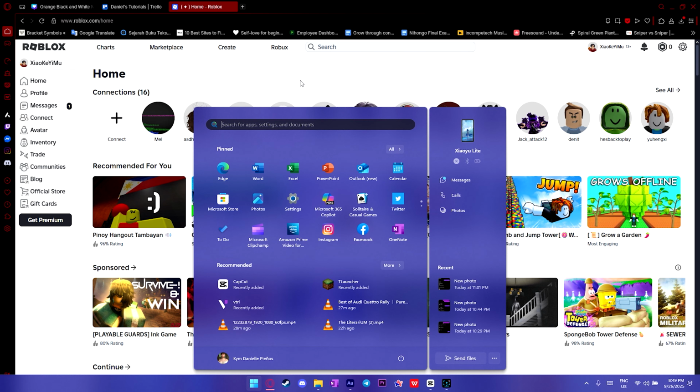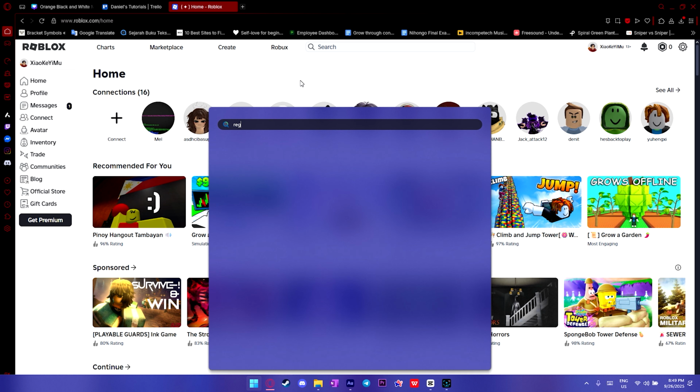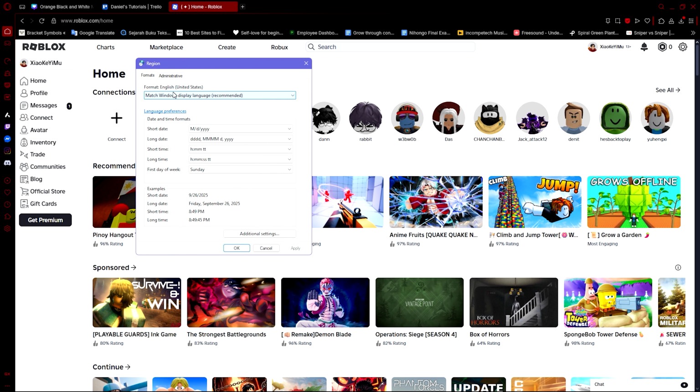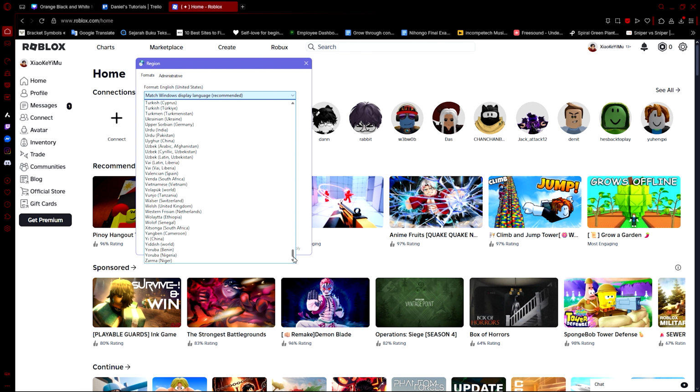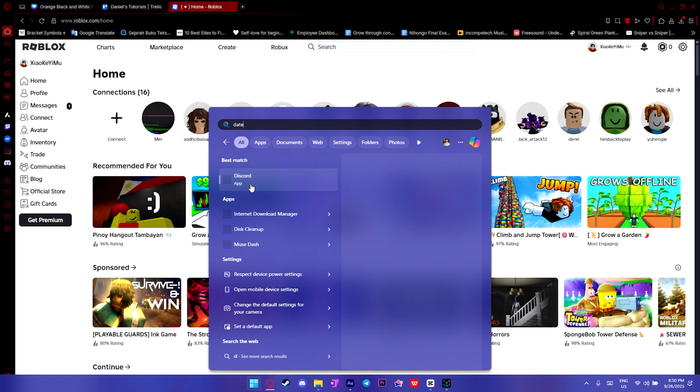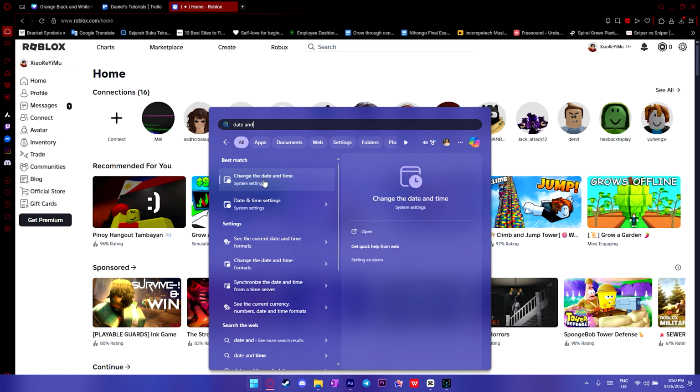First of all, you just need to open your search bar by pressing your Windows key, search up region, and go to region, these settings over here. Then you make sure that this one is set to United States English. Set this one to English United States, apply, okay, and then afterwards you go to